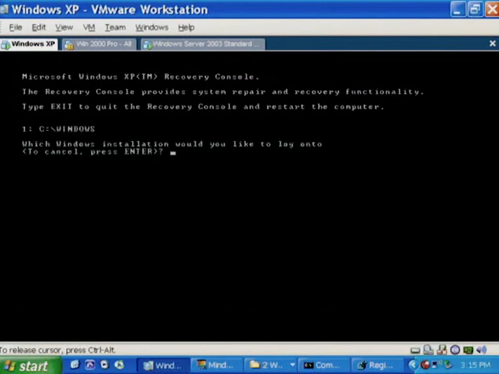And it will ask us to select which one. In this case, there's only one. We've got to enter the number. This is something that's bitten me before, pressing enter and having the system spontaneously reboot. The Recovery Console is now asking us for the local administrative password to the system, and it does this as a security precaution.